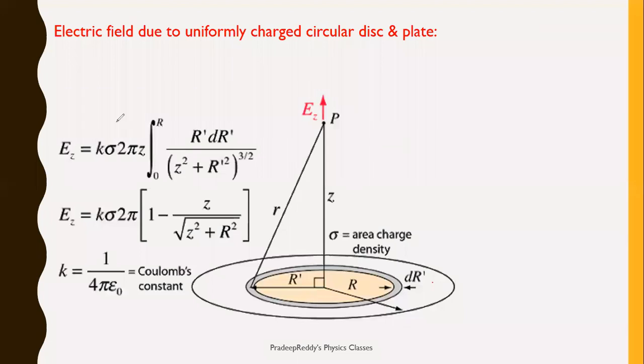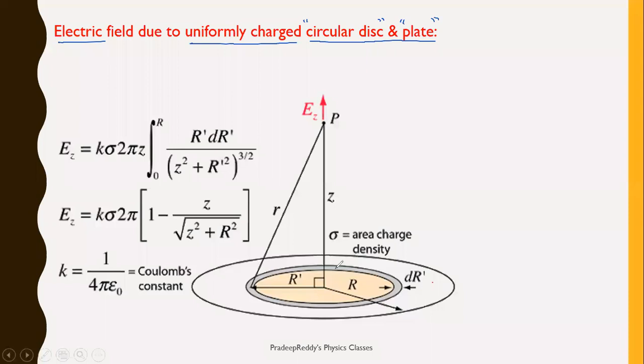Students, in the past few sessions, we have learnt about the electric field due to a rod, the electric field due to a ring, and the electric field due to a circular arc. 3 concepts we have learnt. Now coming to the new one: the electric field due to a uniformly charged circular disc and plate. First we will learn about the circular disc, and then we will apply the same concept to the plate. You will be deriving 2 equations.